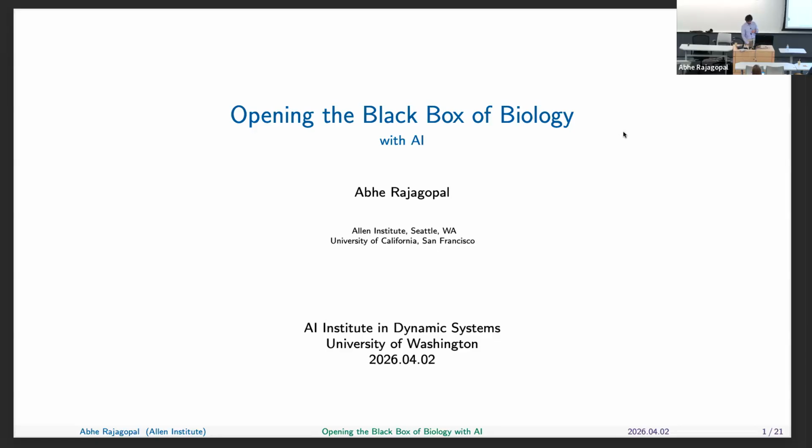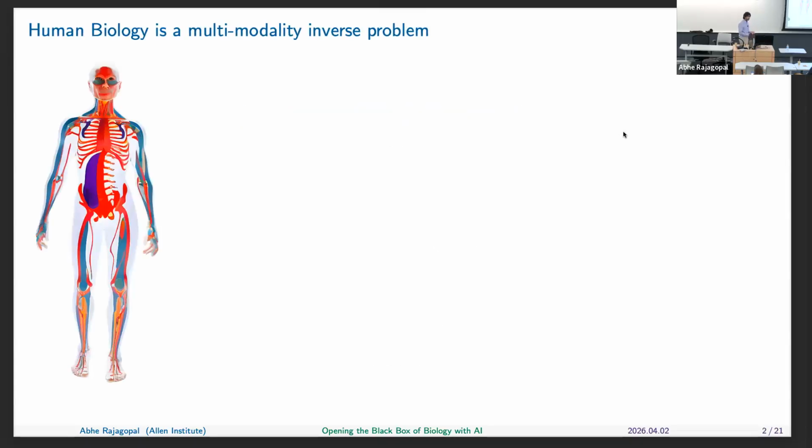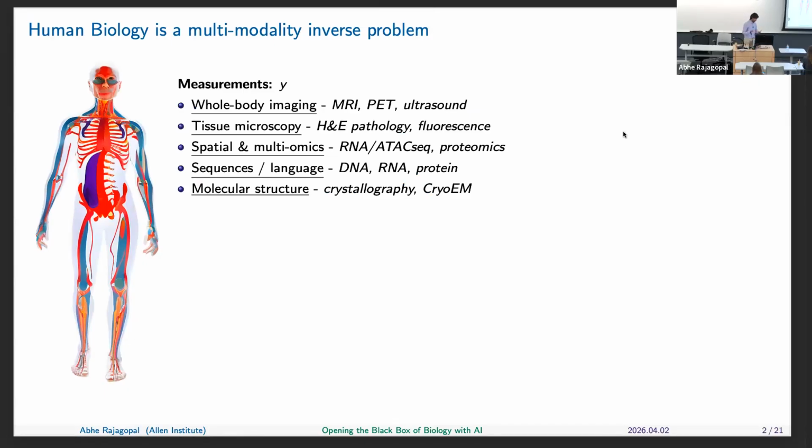So I thought I'd start with how I think about health and medicine and disease. Really, to understand biology, think of it as a multimodality inverse problem. We know how we are and how we behave, but we want to make measurements to look inside of us because we can't see them with our naked eye. So what are these measurements? Well, you might be familiar with MRI or PET, CT, or ultrasound, something that you can observe by putting sensors on the outside of your body. But of course, we could also open up your body and excise tissue and look at it under a microscope. In tissue microscopy, we can stain it and look at it with fluorescence markers and things like that.